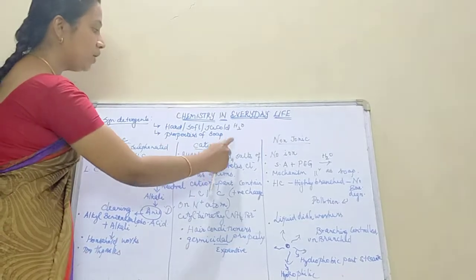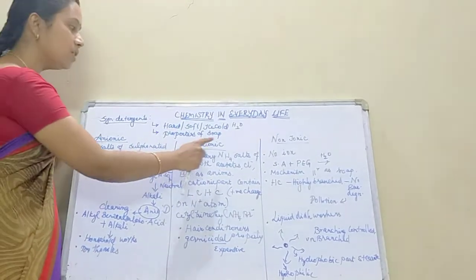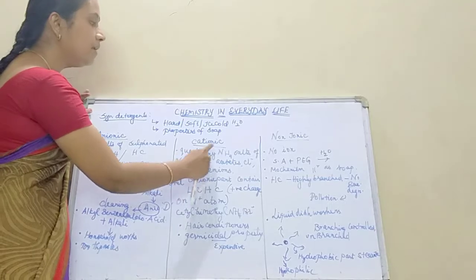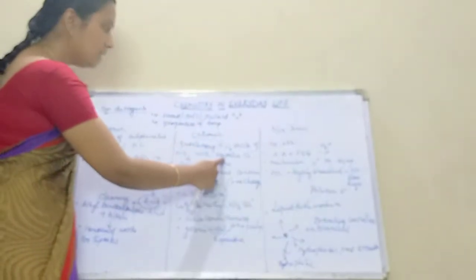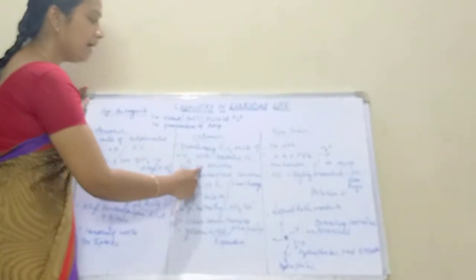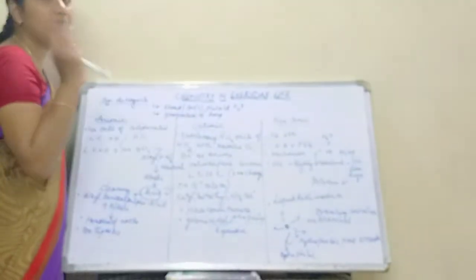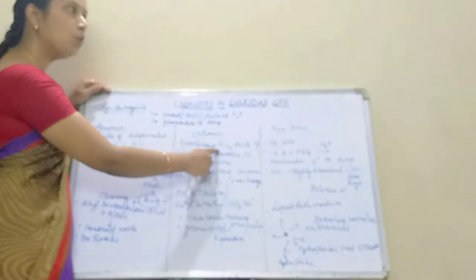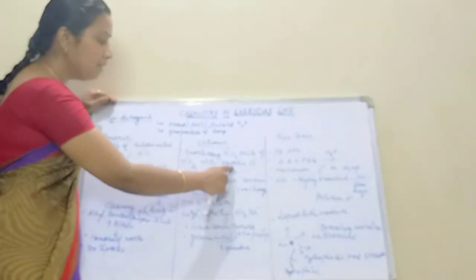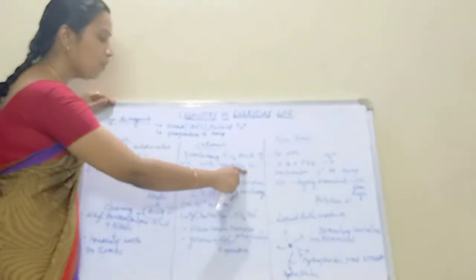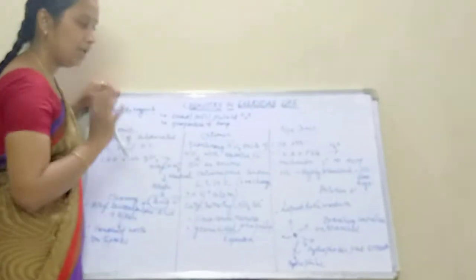Now what are cationic detergents? Cationic detergents are quaternary ammonium salts of amines with acetate, chloride or bromide as anions. They are quaternary, four times, quaternary ammonium salts having amines. These amines pair with acetate, chloride or bromide as anions.